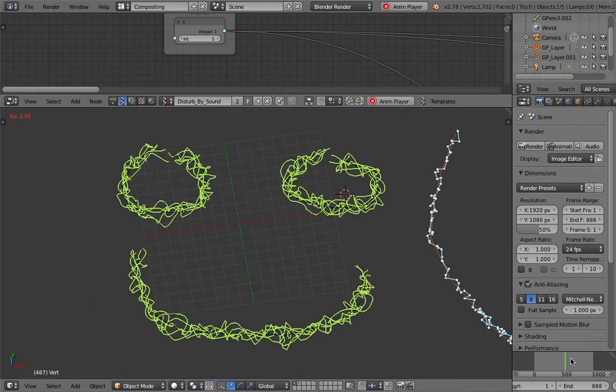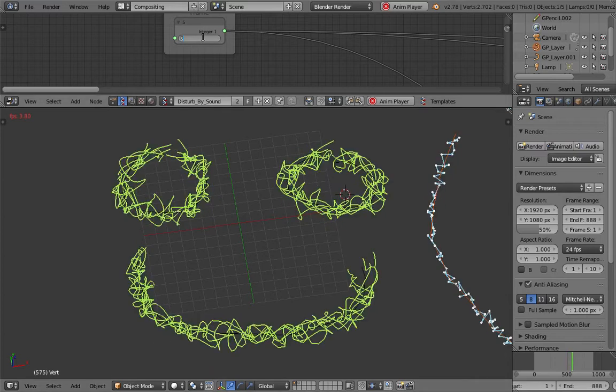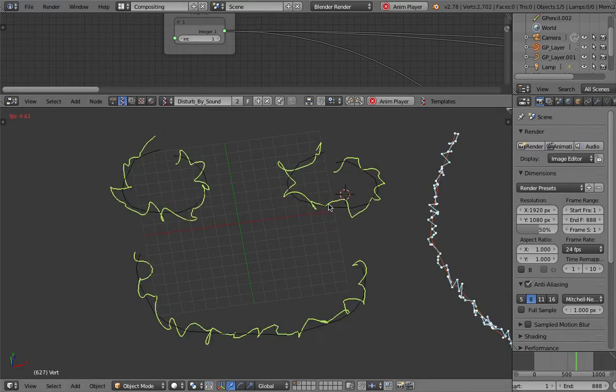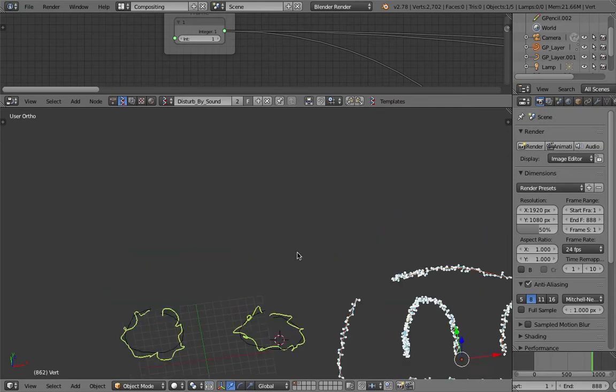So if I play back, that's the effect of multiple lines. If I have just a single line, it's just like that. Yeah, I guess it's kind of a neat effect. So you can